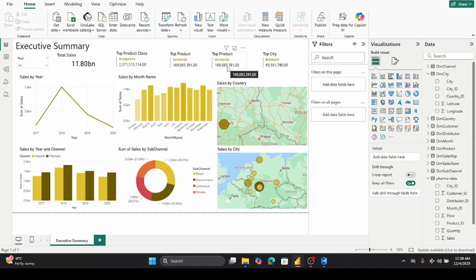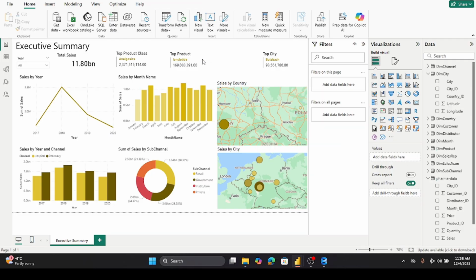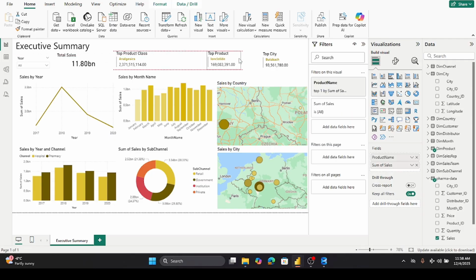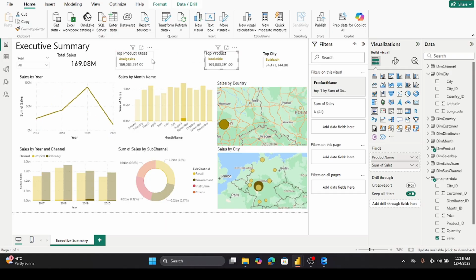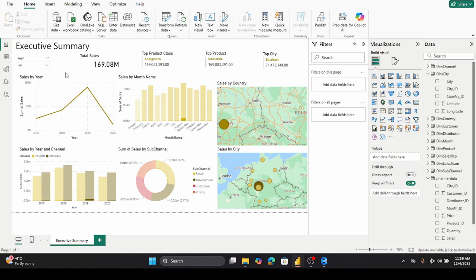I think we have this one. These are total sales. And out of these we have top of these cities and